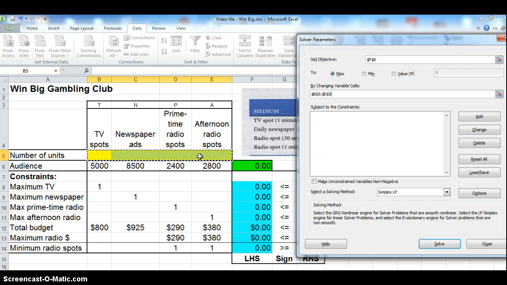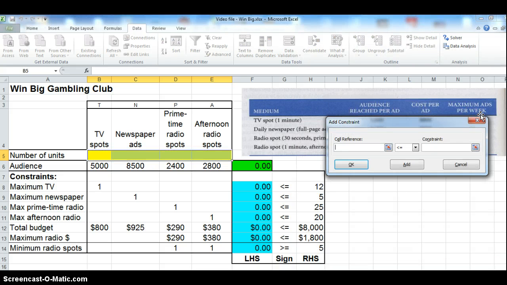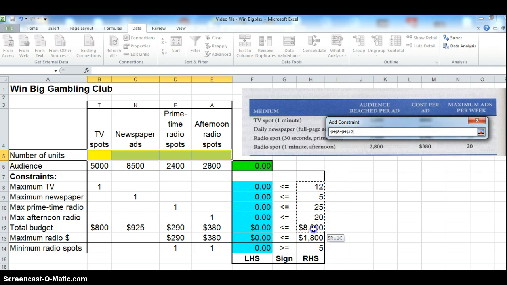Now we're going to set our constraints. When we set the problem up, we kept all of the less than constraints together and then the greater than constraint. What this allows us to do is enter these constraints as a block. Instead of adding each of these constraints individually, we can do all of the less than constraints as one. We're going to click Add, and we're going to highlight F8 through F13. The reason we're only going down to 13 is we only want to write this constraint for the less than constraints. F8 through F13 has to be less than or equal to,